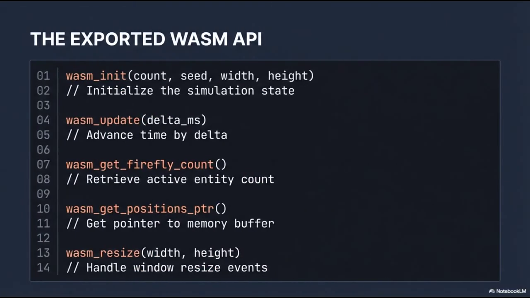Moving on to the exported WebAssembly API, these functions serve as the primary bridge between the JavaScript host and our simulation module. First, WASM init establishes the simulation state by taking the initial entity count, a random seed, and the viewport dimensions. The WASM update function is called within the animation loop to advance the simulation by a specific time